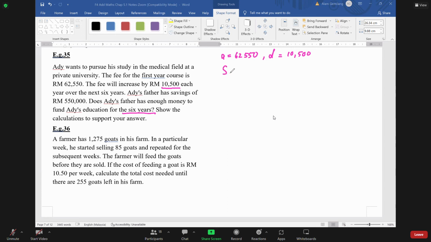Find S6 only. So why is it so difficult? For S6, you have a calculator, I'm not asking you to calculate manually, right? So you have a calculator, so how come so slow? So 6 over 2 times what? 2a, right? 62,550. And plus 6 minus 1, d,